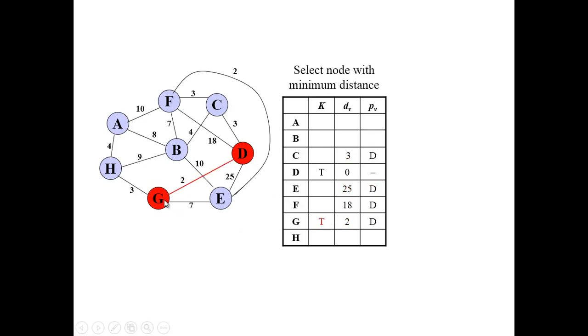Next we select one of the nodes from this list. Now, the adjacent of D is C, E, F and G, but the minimum weight is from D to G. Then we will select the D to G edge. Next we find out the adjacent of G, that is H and E. Now from H and E, which one has minimum weight? H has minimum weight.